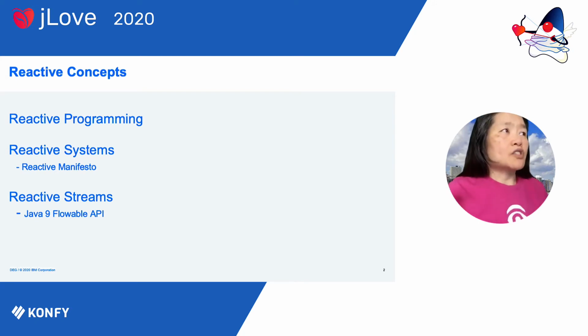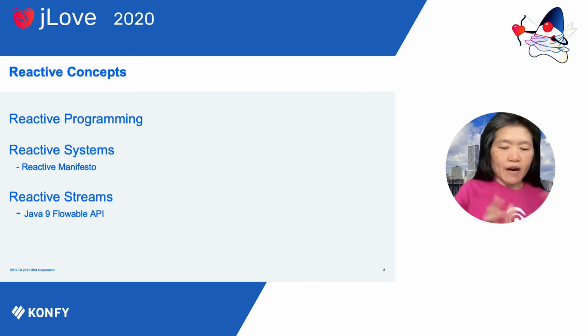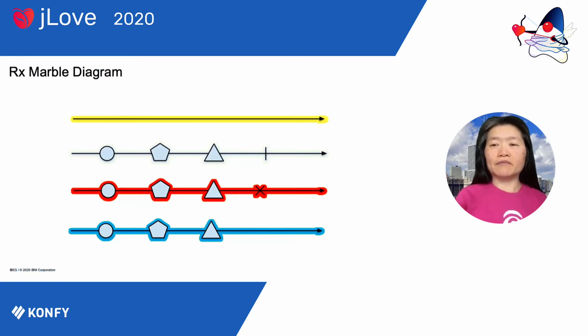So I wanted to categorize it too. When we talk about reactive in Java, there would be reactive programming, reactive systems, and also reactive streams. So let's start. Reactive programming, a very common way of describing it, and I'm borrowing it, is from the RX marble diagram. RX is the reactive extension, and it basically uses marbles to describe things. Essentially, with reactive programming we're talking about streams programming, leveraging the functional way of